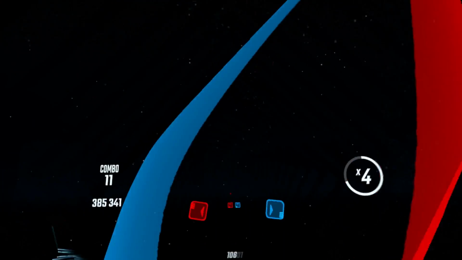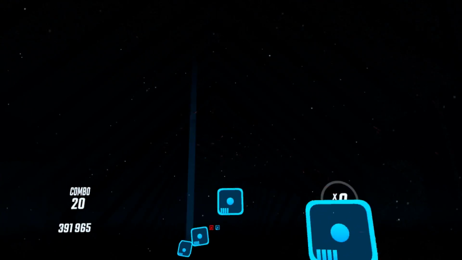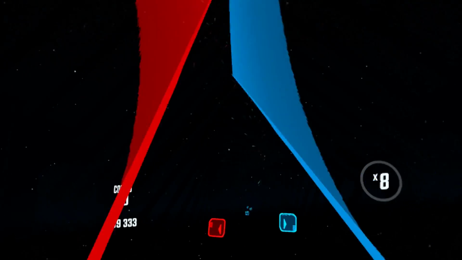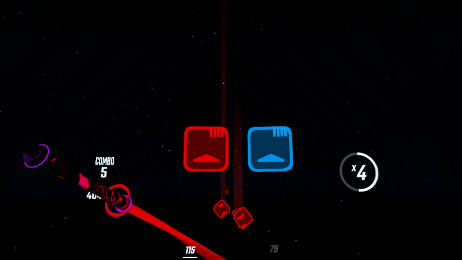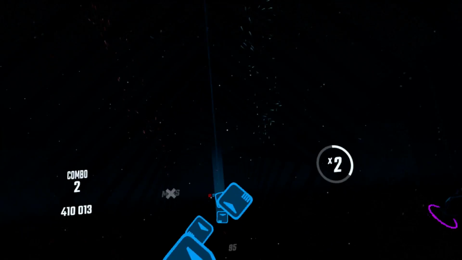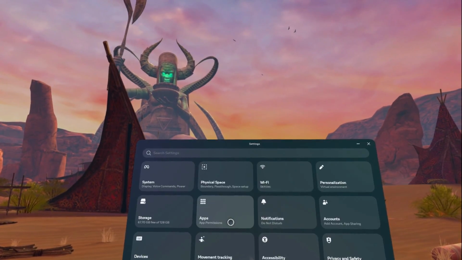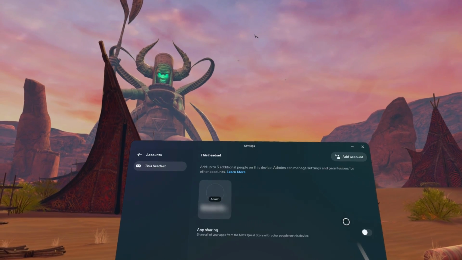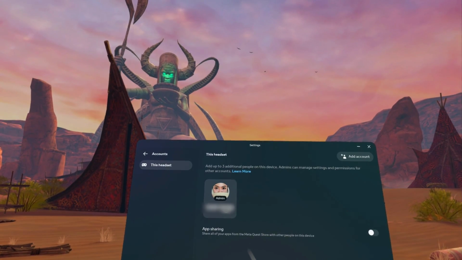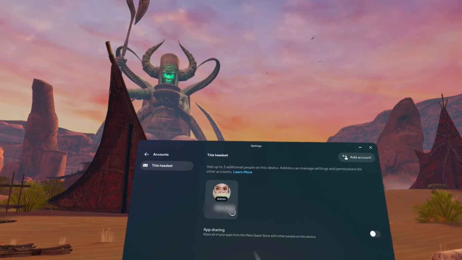If you have multiple accounts on your Meta Quest headset, you'll need to remove the secondary accounts before we start the modding process. But you can add them back once we're done modding. Here's a quick guide on how to do it. Navigate to your headset settings, select accounts, and on each secondary account, click the three dots to view the option to remove it. It doesn't show here because this is the only account I have.